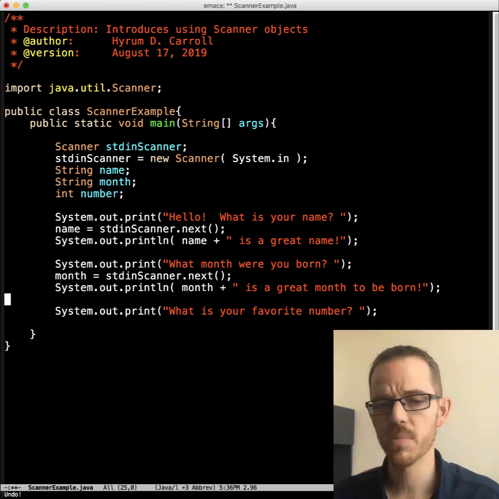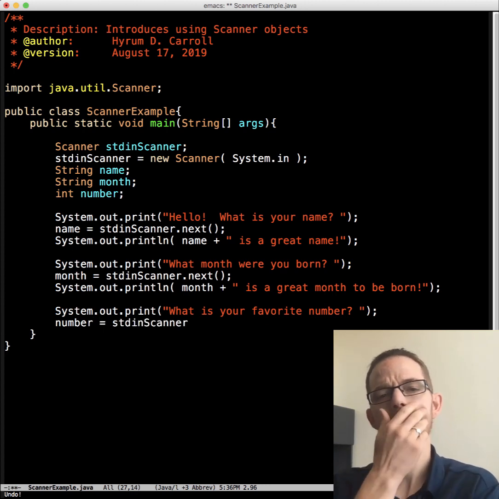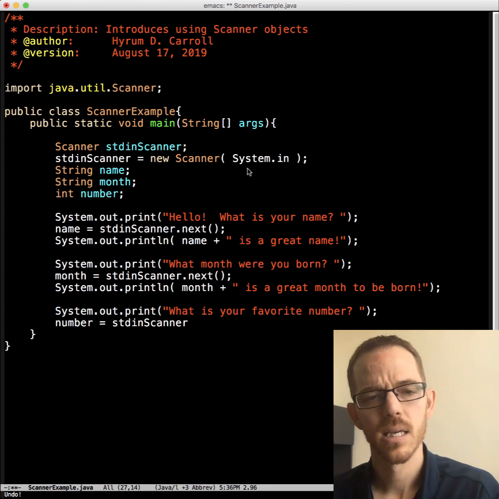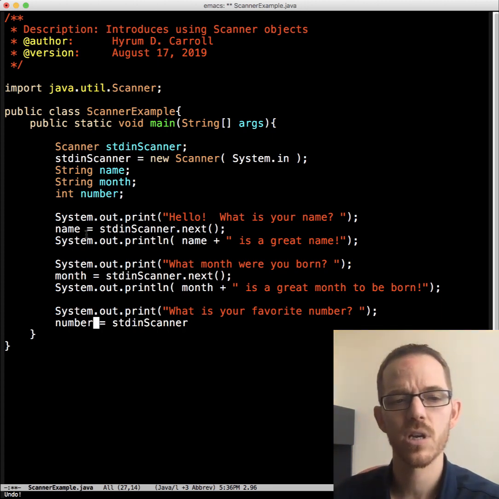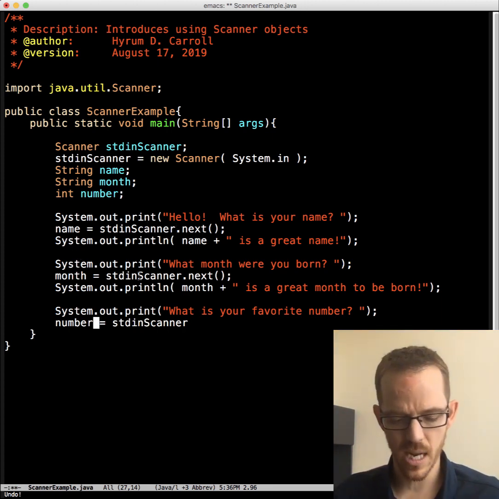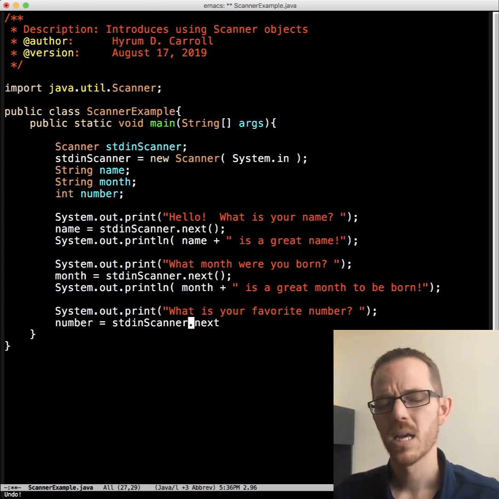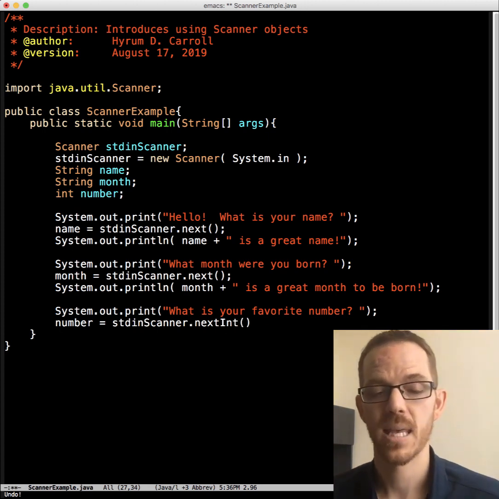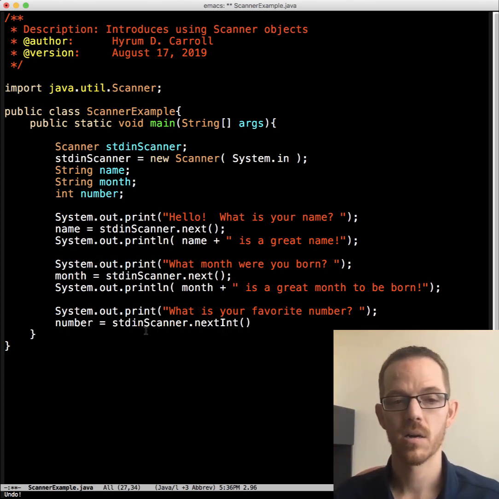Or we could prompt them again, what's your favorite number? And so we can store that number. We've done two strings, so let's do a number here. But wait a second. Next returns a String type, so we can't use next there, but we do need something. We could use nextInt and call that method on our Scanner object.